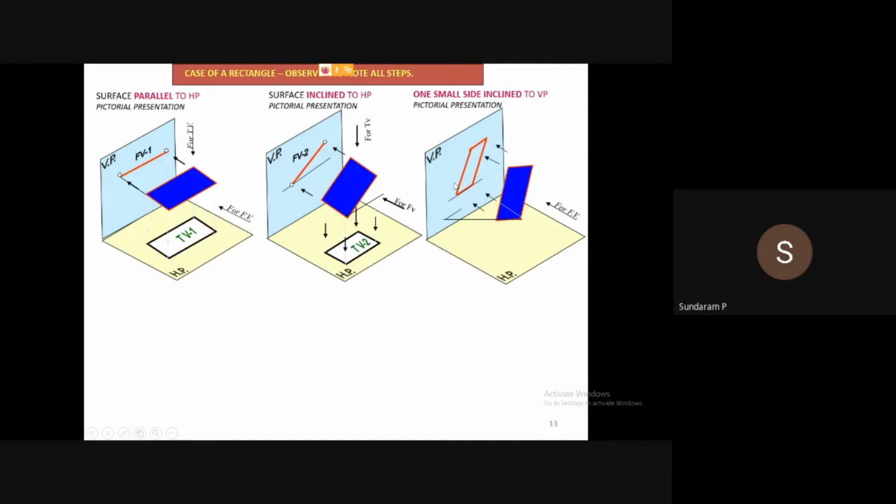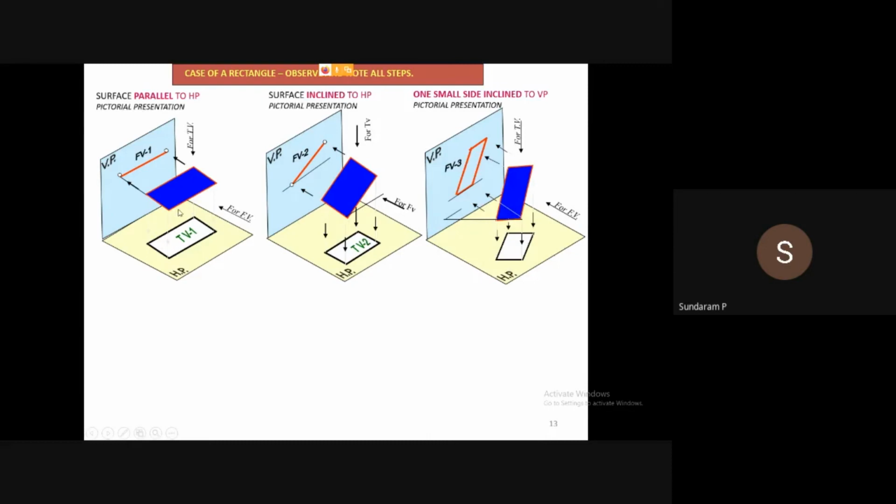here I can look at the front view and get the shortened view. I can see all the edges 1, 2, 3, because it's inclined to the vertical plane. You can imagine it's an imaginary plane, like a wall and ground, or the vertical plane and horizontal plane. So you get the shortened shape of the rectangular plane, and for the top view we obtain the same.